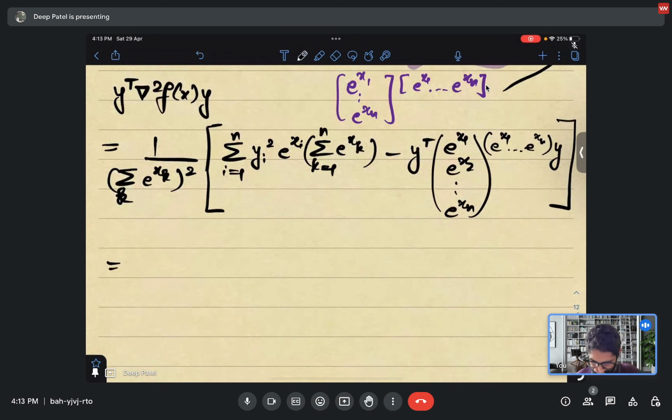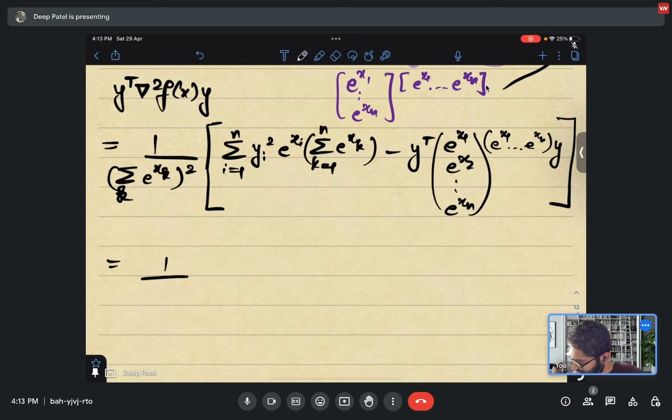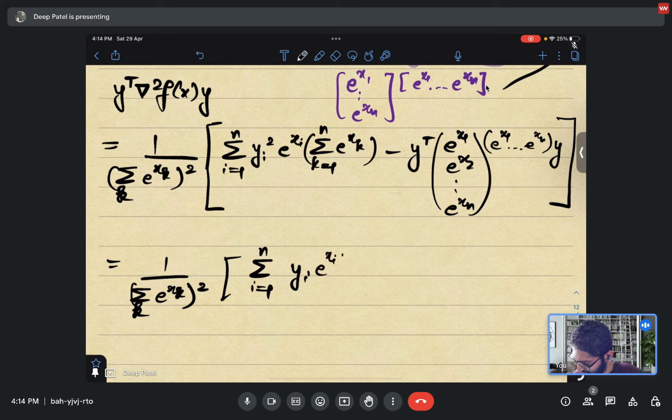We can use Cauchy-Schwarz, as you'll soon see. So this can be compactly written as the following: summation yi e to the xi by 2 whole squared, and summation k goes from 1 to n e to the xk by 2 whole squared,